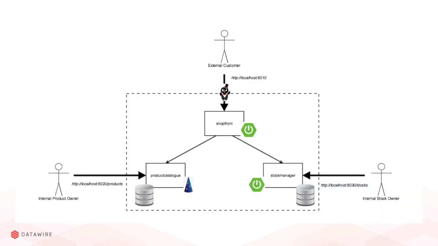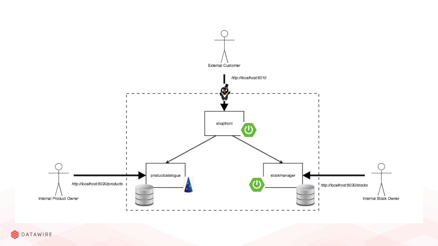I'm going to run you through a quick example now. This is actually from one of my O'Reilly books you can find about containerizing continuous delivery in Java. It is a very simple e-commerce app. It's actually more of a shop front, just showing products. You can see at the top here, we have Ambassador as our API gateway, open source API gateway for Kubernetes. We have our shopfront service written in Java using the Spring Boot framework. And the shopfront calls out to the product catalog service, which is another Java service written in a framework called Dropwizard. And the shopfront also talks to the stock manager, a Spring Boot app.